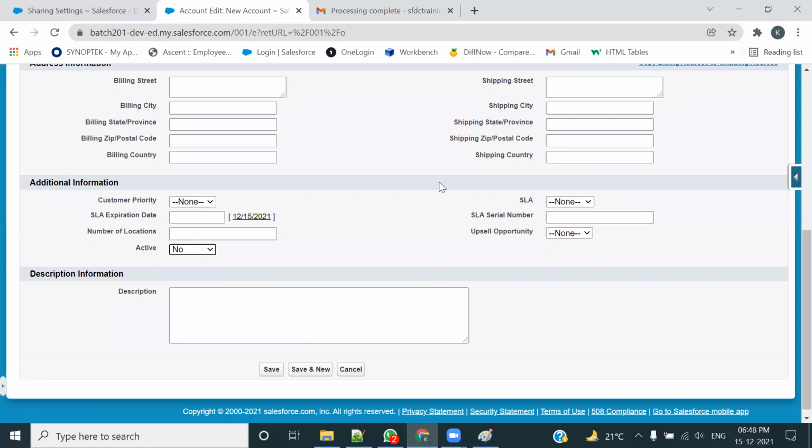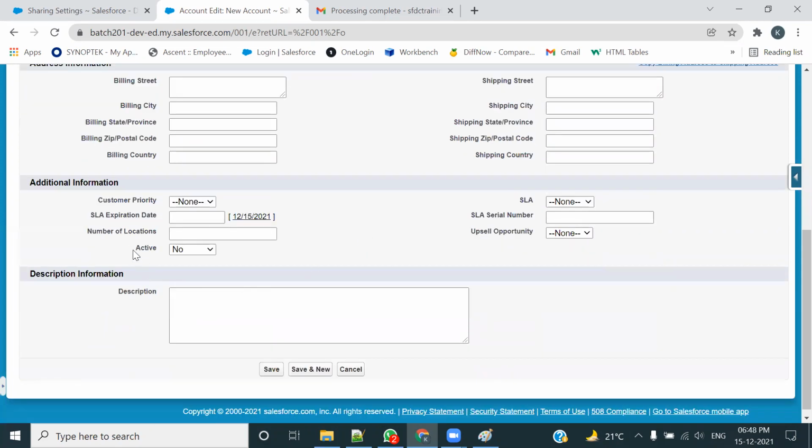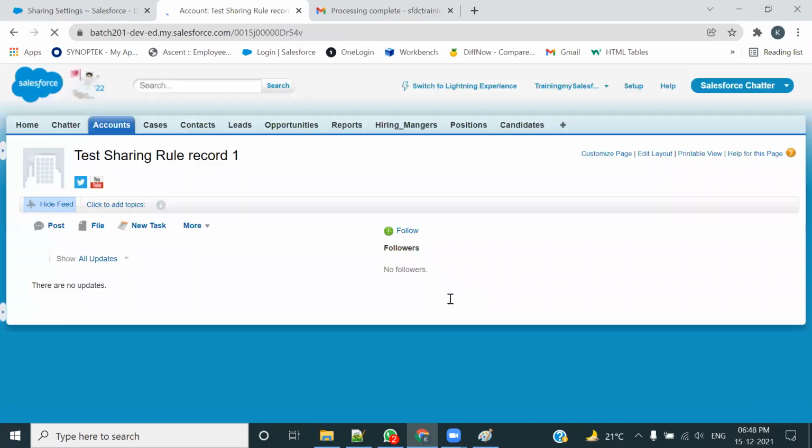अभी एक कंडीशन मैंने फॉल्स की है। देखो, इंडस्ट्री इक्वल्स टू बैंकिंग किया मैंने, रेटिंग इक्वल्स टू हॉट भी किया मैंने, ओनरशिप पब्लिक भी किया मैंने। एक कंडीशन को मैं फॉल्स कर रहा हूँ। आई एम सेविंग दिस रिकॉर्ड।